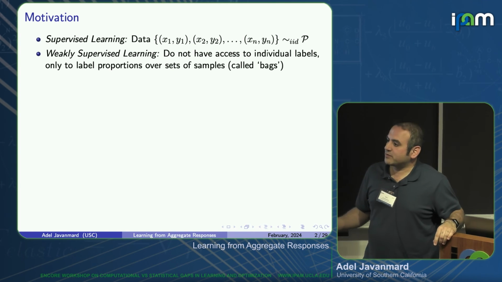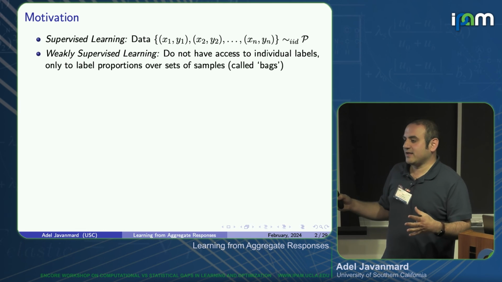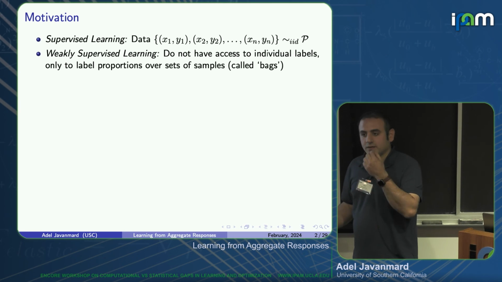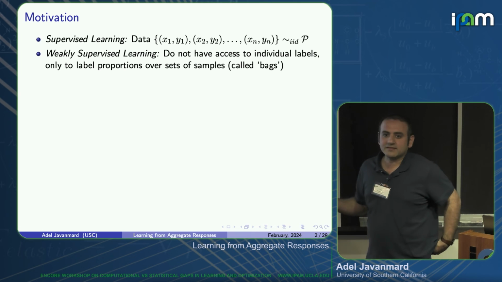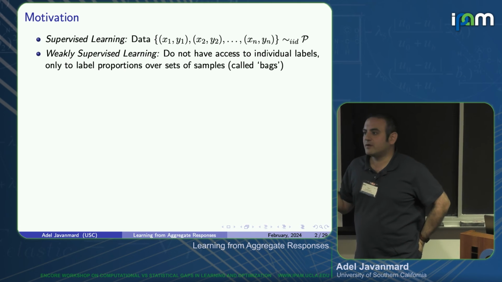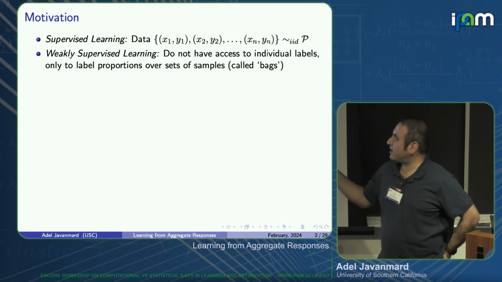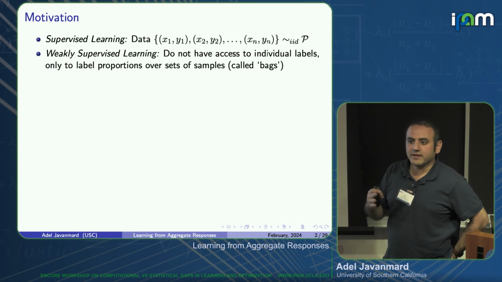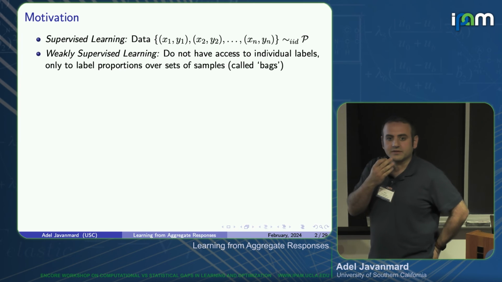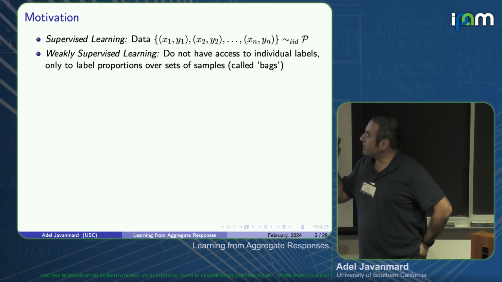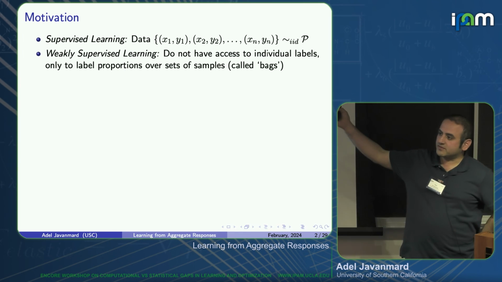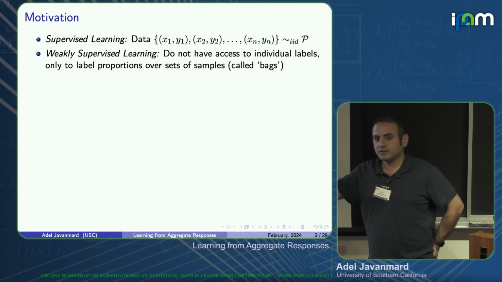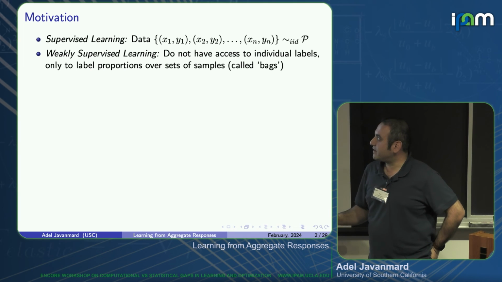So in the vanilla supervised learning problem, the setting is that you give a training set to the learner. The training set consists of n samples, and each sample is a pair of a multidimensional feature vector xi and a response or label variable yi, depending on whether you have a classification or regression problem. And what the learner wants to do is to fit a model to this training data that can be used for prediction. So this is the usual supervised learning problem.